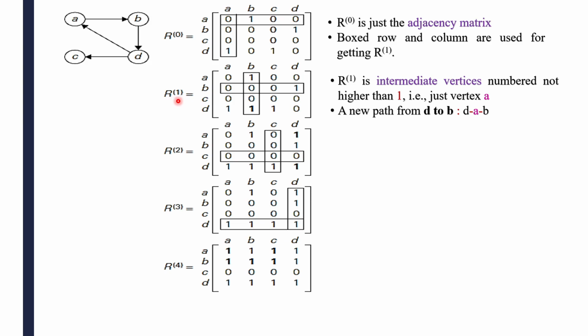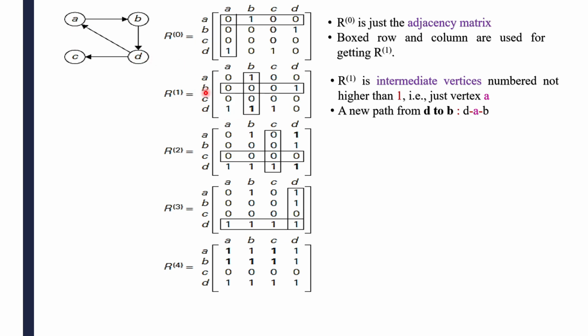R1 means now in this iteration we can take one intermediate node here. Only one intermediate vertex we can take here, that is just vertex A. So now at present with the help of A, if you get the path to the remaining vertices, if it is there, then you write that one as a 1 here. So now A to A with the help of A, it is not possible here. A to B direct it is there. A to C also no. A to D also no.